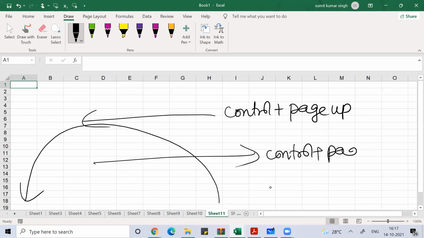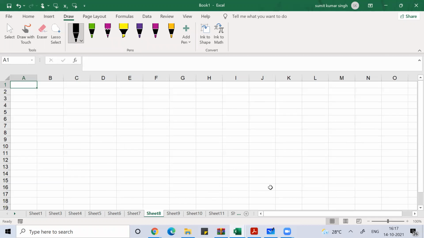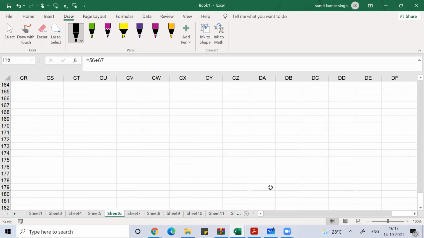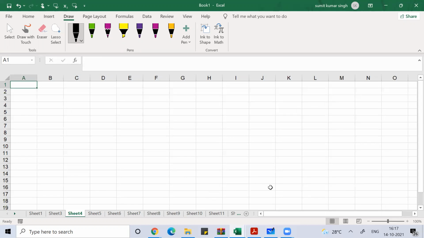So you can use the shortcut keys Control Page Down and Control Page Up to move from one sheet to another sheet. You can see this: Sheet 8, Sheet 7, Sheet 5, Sheet 4, Sheet 3, Sheet 2, Sheet 1, then Control Page Down. So to navigate from one sheet to another, you can use Control Page Up and Control Page Down.